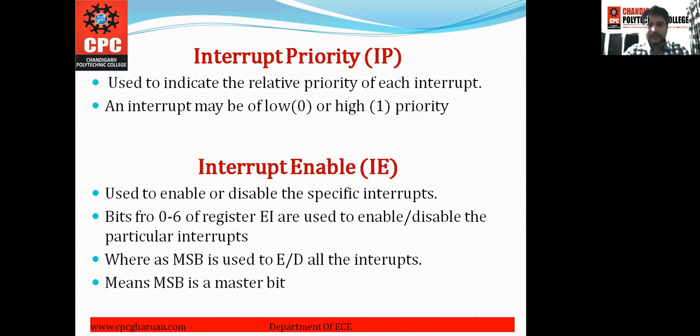Next is the interrupt enable. It is used to enable or disable the specific interrupts.